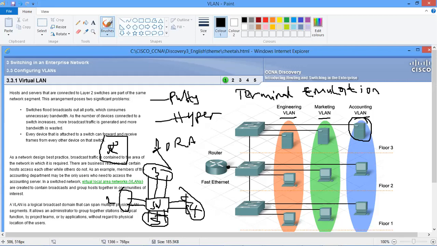And normally if there's a broadcast in the switch, everybody on the switch receives the broadcast message. But when you have